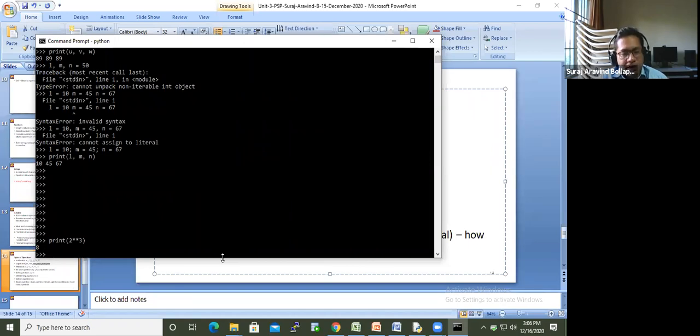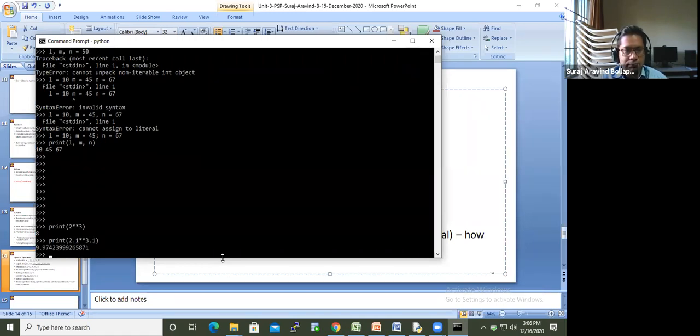Again, I get a doubt whether it works only for integers. Will it work for float? Let us check. It is working for float as well.